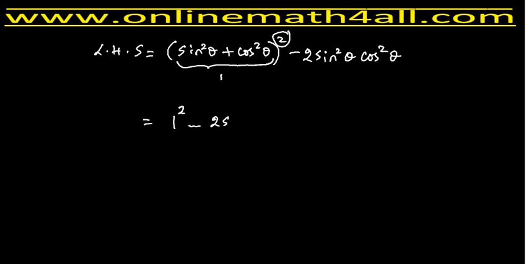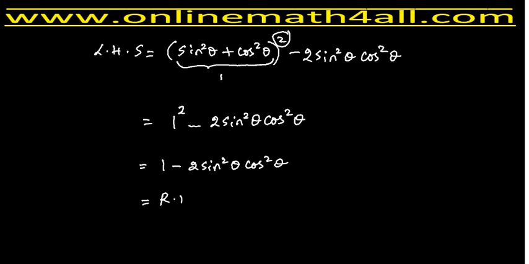Minus 2 times sine square theta times cos square theta. So 1 minus 2 sine square theta cos square theta. So this is exactly RHS. So now we get the proof, LHS is equal to RHS. I hope the students will be able to understand how to prove trigonometric equations using both algebraic and trigonometric